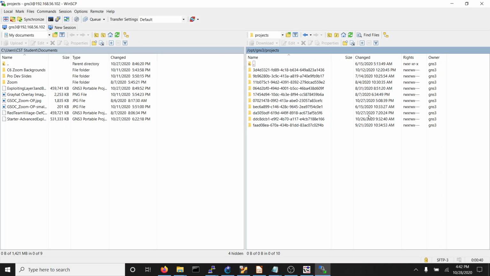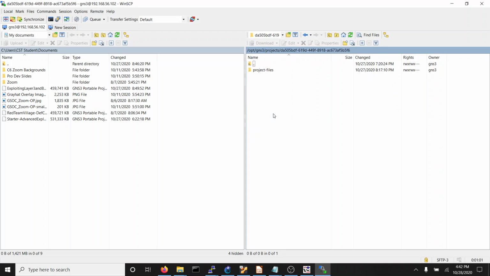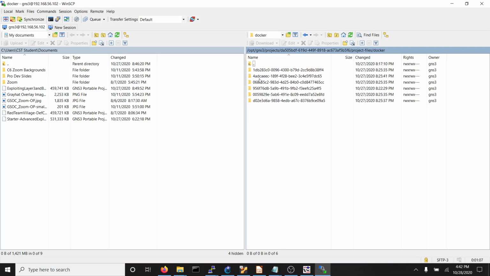And so I'm betting, since I just created that yesterday, it's got to be one of these couple of projects here that is the one I'm playing with. So let's check out, let's see, this one hasn't been touched in a while, so probably this one that I'm working on right here, even though, well, can't really tell. We'll take a peek. So then it will show you the individual things that are in there, including your Docker